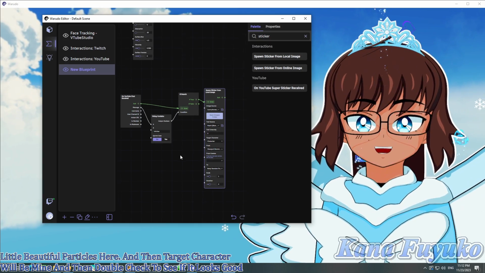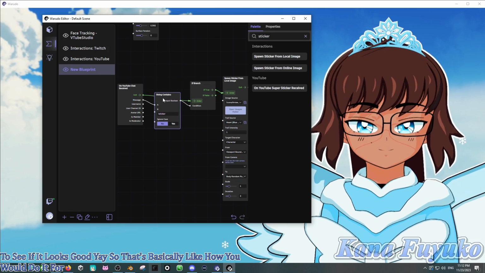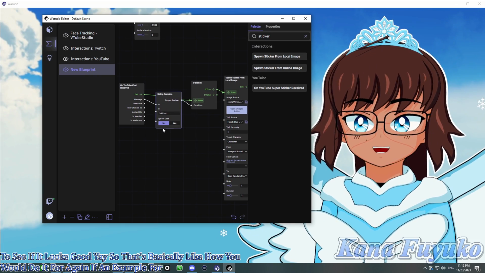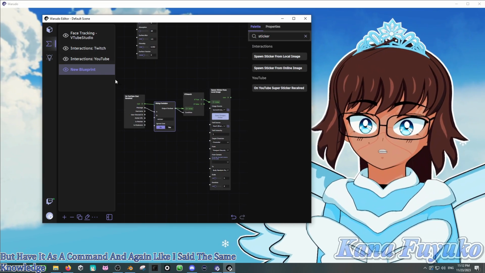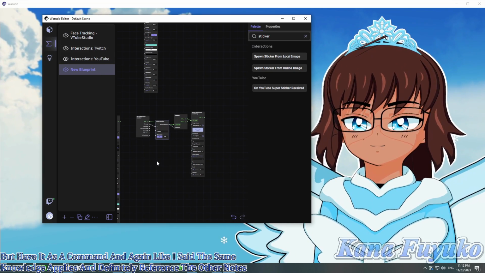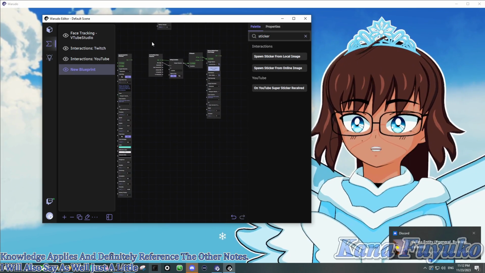Yay. So that's basically how you would do it for, again, an example for sticker, but have it as a command. And again, like I said, the same knowledge applies and definitely reference the other nodes. I will also say, just a little fun bonus, I'm going to go ahead and